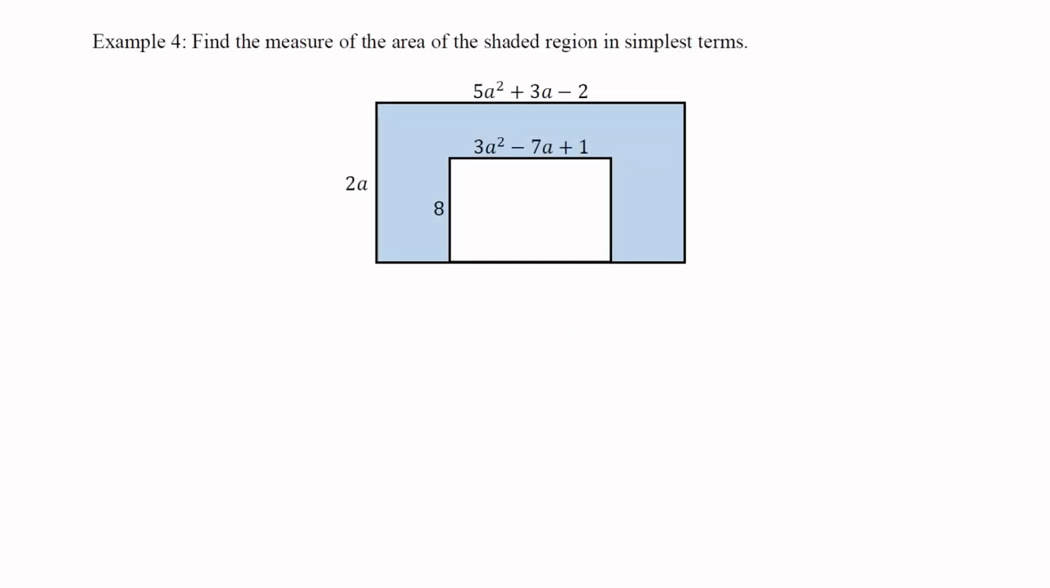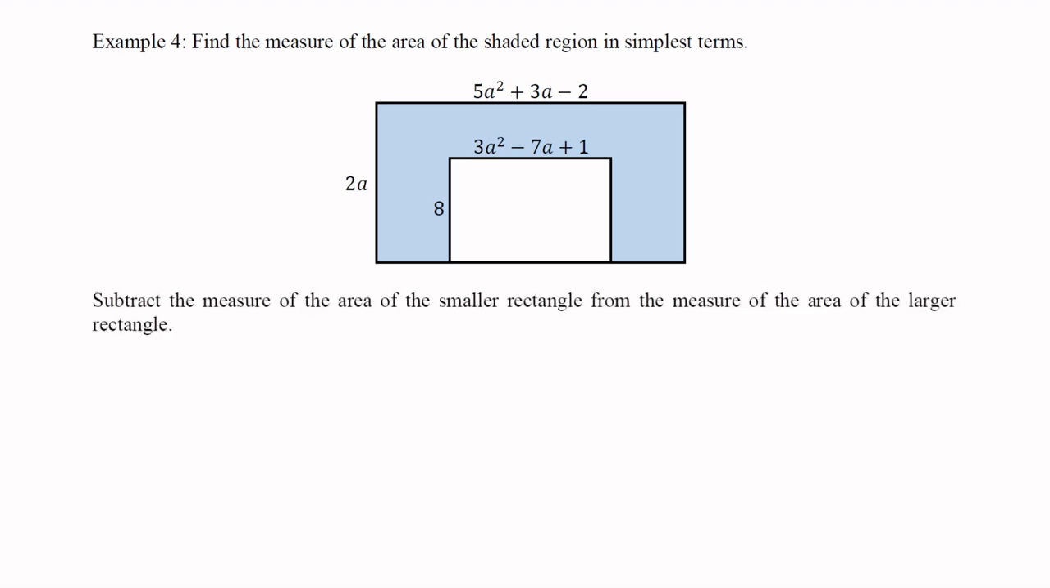Let's find the measure of the area of the shaded region in simplest terms. So we have two rectangles. We have an outer rectangle and an inner rectangle. To find the area of the shaded region, we're going to subtract the measure of the area of the smaller rectangle from the measure of the area of the larger rectangle. So we're going to take 2a times the trinomial 5a squared plus 3a minus 2, which is our outer rectangle, and we're going to subtract the area of our smaller rectangle, 8 times the trinomial 3a squared minus 7a plus